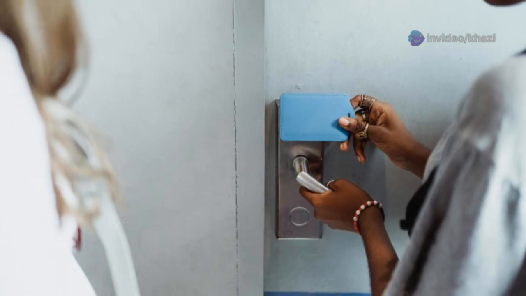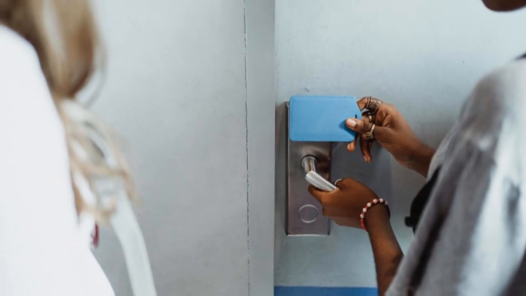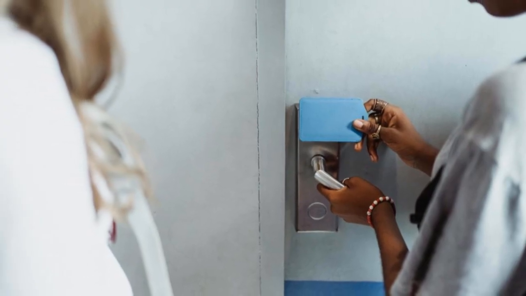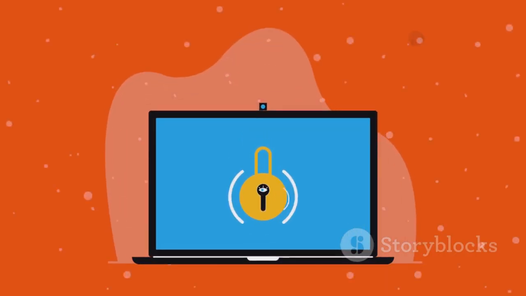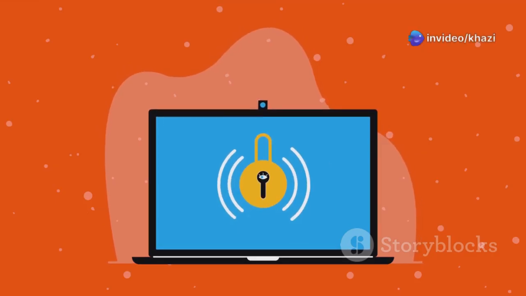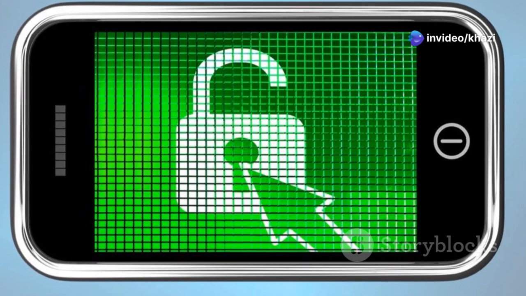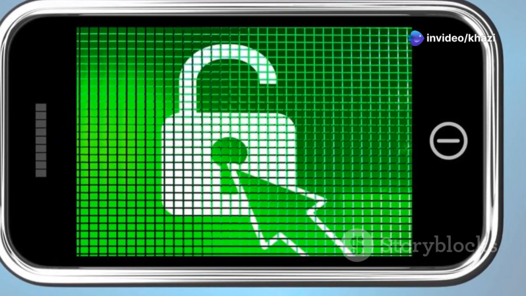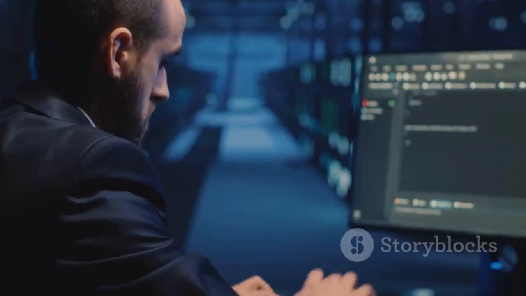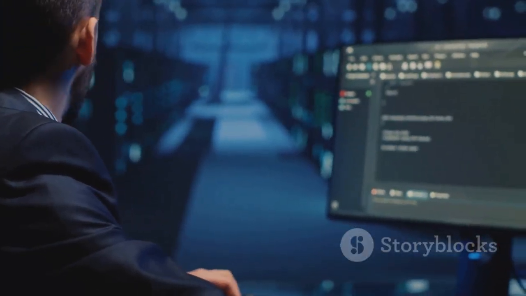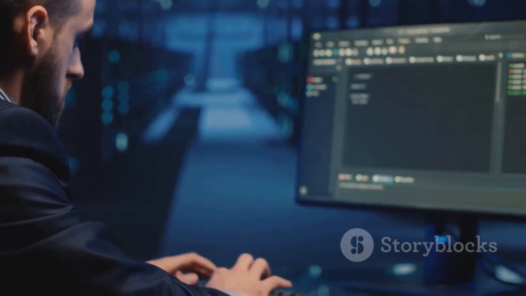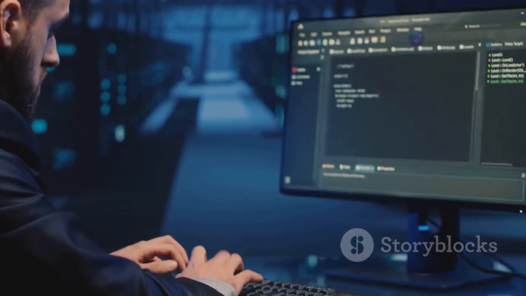Think of it like a single key for a room. Only one person can hold the key and be inside at any given time. If a data item, let's call it X, is locked, its current lock value can be considered 1. Conversely, if item X is unlocked, its lock value is 0. This simple binary state is the basis for preventing conflicting operations from occurring simultaneously, which could otherwise lead to inconsistencies